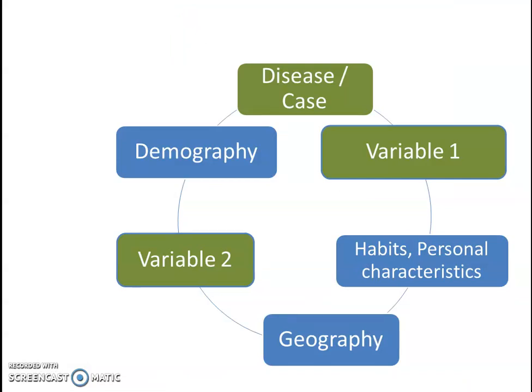So, if there is a disease or there is a case and you want to know what is causing this disease, first you do a descriptive research and try to catch hold of all the factors that might be or might not be involved in that particular case. So whatever you suspect as factors and whatever you don't suspect also, like demographic variables, age, gender, social class, habits, geography. You just document all of that and at the end you describe it. So that is descriptive research.